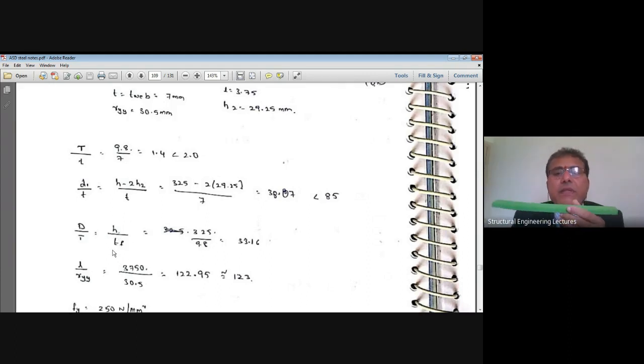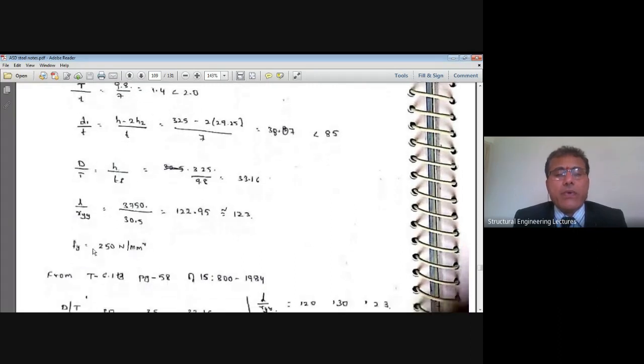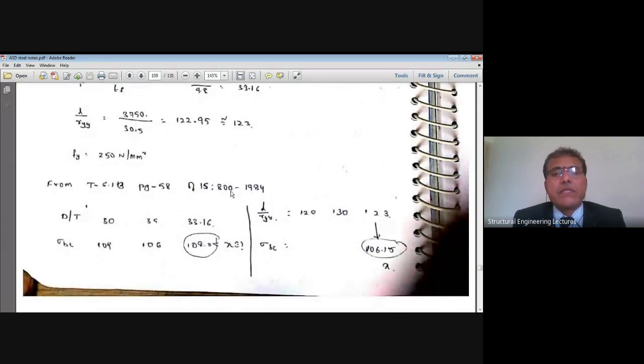For the flange, this ratio is equal to 33.16, and the slenderness ratio L by r_yy is 3750 divided by r_min, where r_min is 30.5. It is around 123. Therefore, I got these four ratios, and we are using structural steel with yield stress Fy equal to 250 MPa. Hence, from the IS 800 1984 code, I'll go to page number 58, table